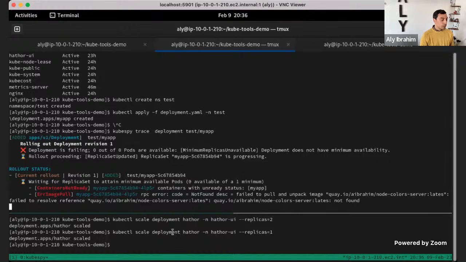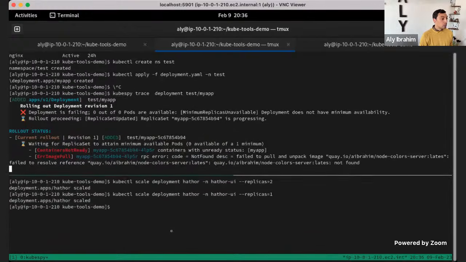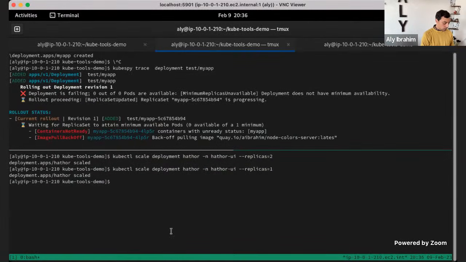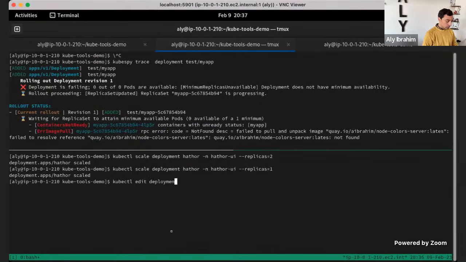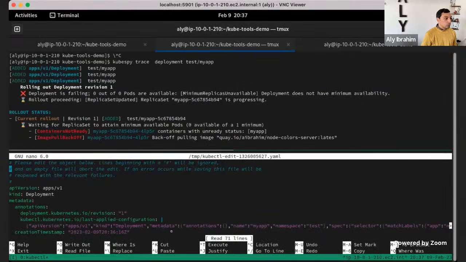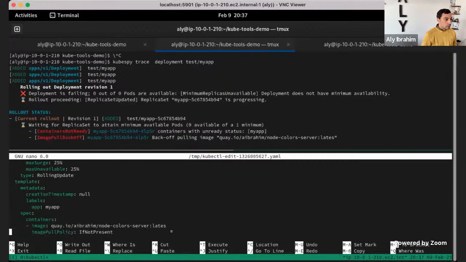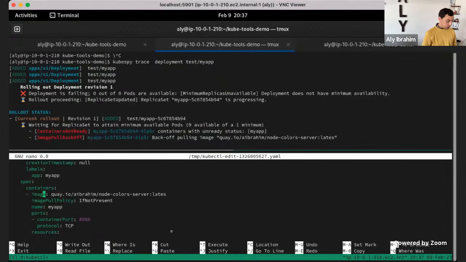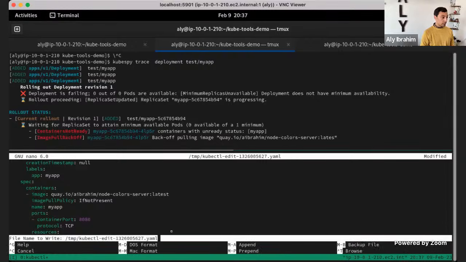So if we go here and edit the deployment, we can see, for example, that the container image has something wrong. It's latest, so we forgot the T. Control X, yes, save.